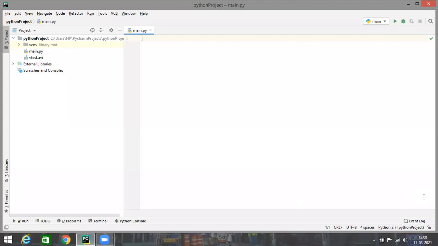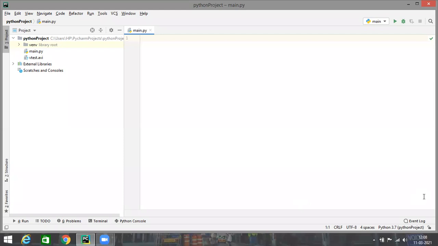Hello everyone and welcome to this fourth video of the computer vision series. In the last video we understood how to read images into our computer with the help of Python programming language. Moving ahead in that particular direction, in this video we'll understand how to read video files or how to make use of webcam to capture video into our computer with the help of Python.